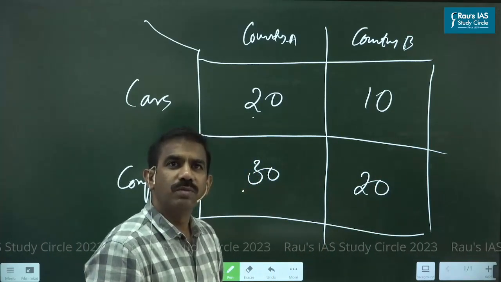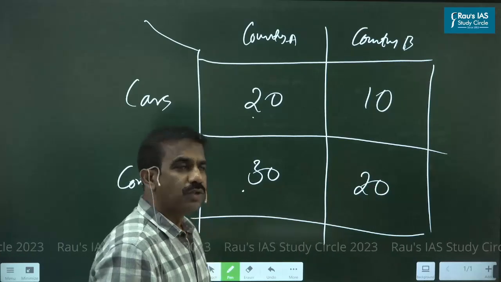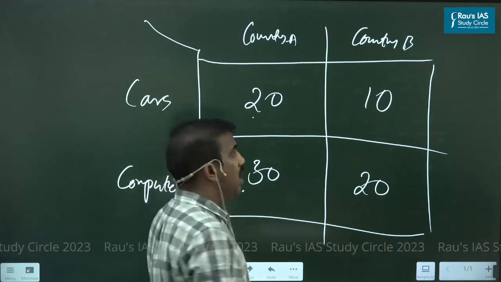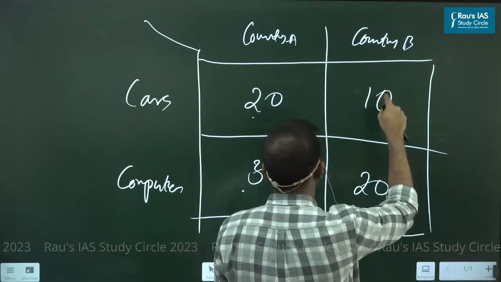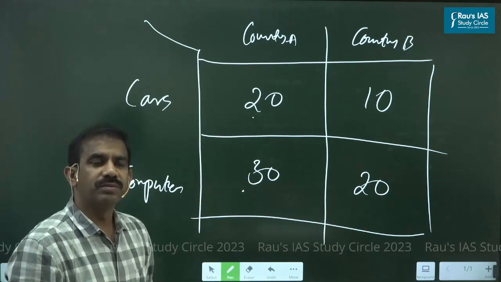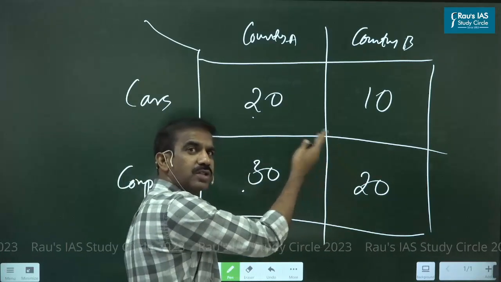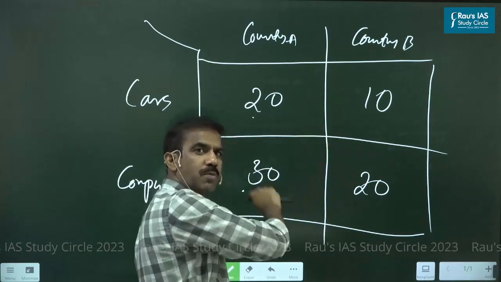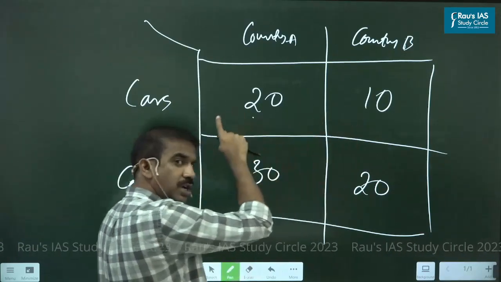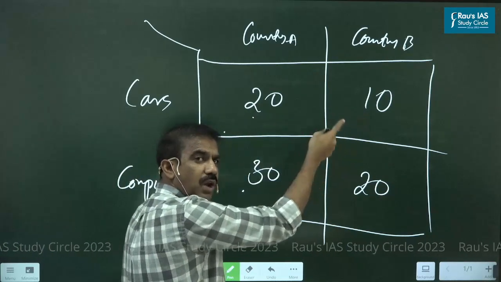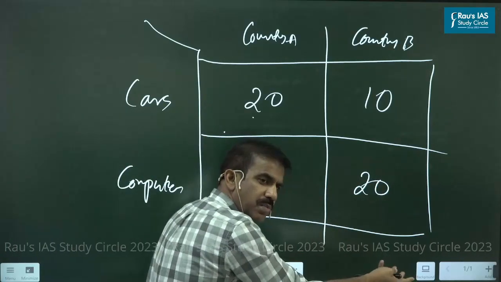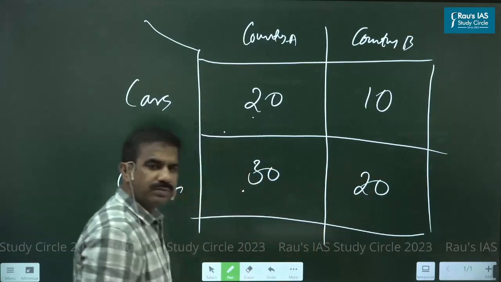Is that clear now, Vedika? Sarthak? So A could produce either 20 cars in a month or 30 computers, and B could produce either 10 cars in a month or 20 computers. That's what the matrix means. But compared to B, A is always more productive, either with respect to cars or computers. If A allocates all its resources to producing only cars and B does the same, A is more productive than B. And if A allocates all its resources to producing only computers, even in such a case A does better than B. This is what I'm calling an absolute advantage.